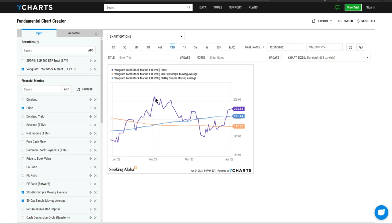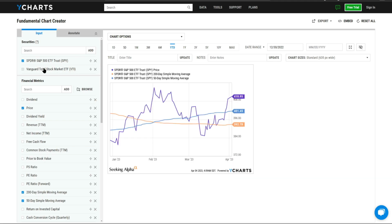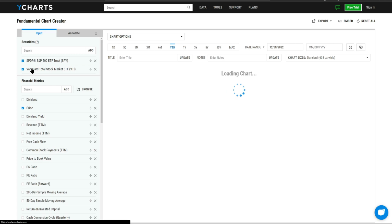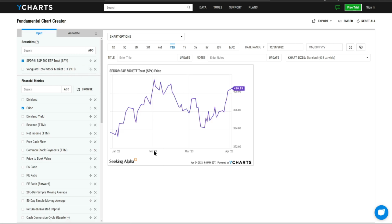So here we are, midpoint February. What happened on both of these indexes? It can't do that too easy. So here, let's go ahead and get rid of these. See if this does it. Nah, that doesn't do it. They're too different. So about the midpoint of February right here, the market just took off like a rocket out